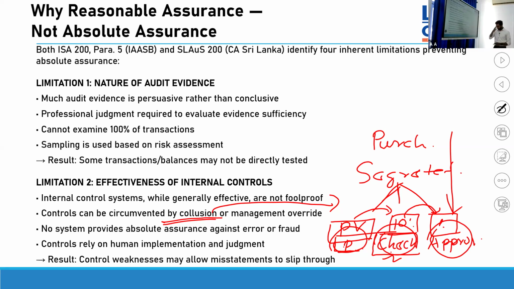But let's assume if they colluded, which means these three persons, right? These three persons, let's assume they become friends throughout the years